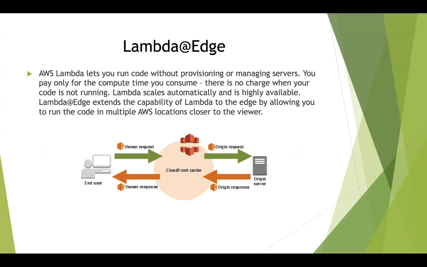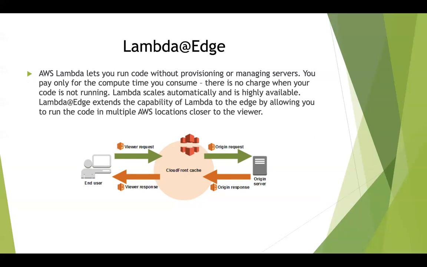Okay. So a brief introduction into what AWS Lambda is: it allows you to run code without provisioning or managing servers. So you only think about the code that you're writing or your business use case. So you pay for only the compute time and the RAM that you consume. So there is no charge when your code is not running. Okay, so Lambda scales automatically and is highly available. So if there are 1 million requests into your Lambda function, Lambda scales in parallel to serve that 1 million requests, and that's why it's highly available also.